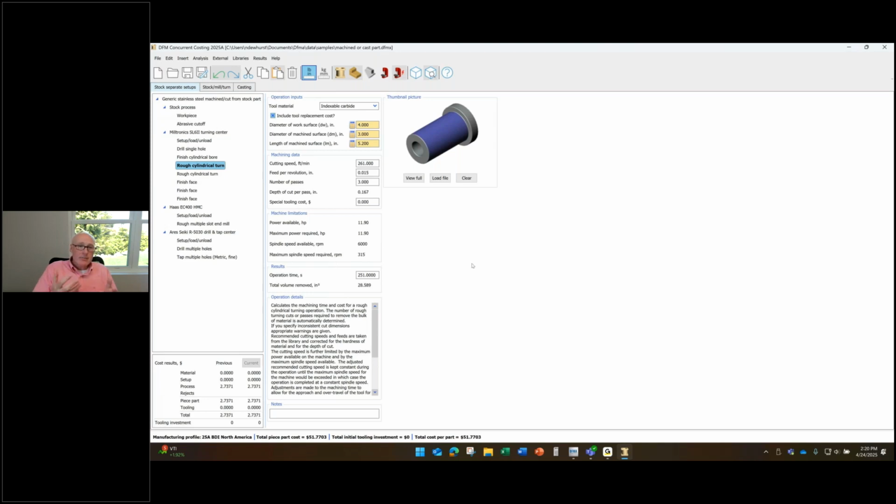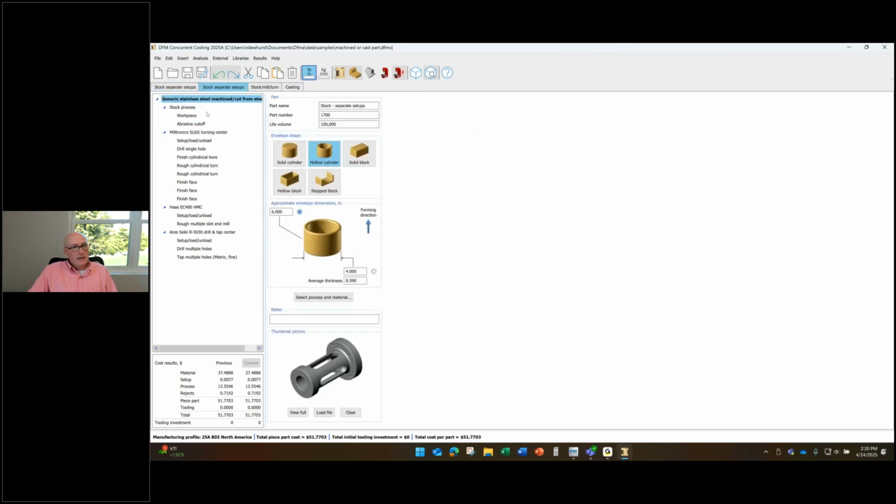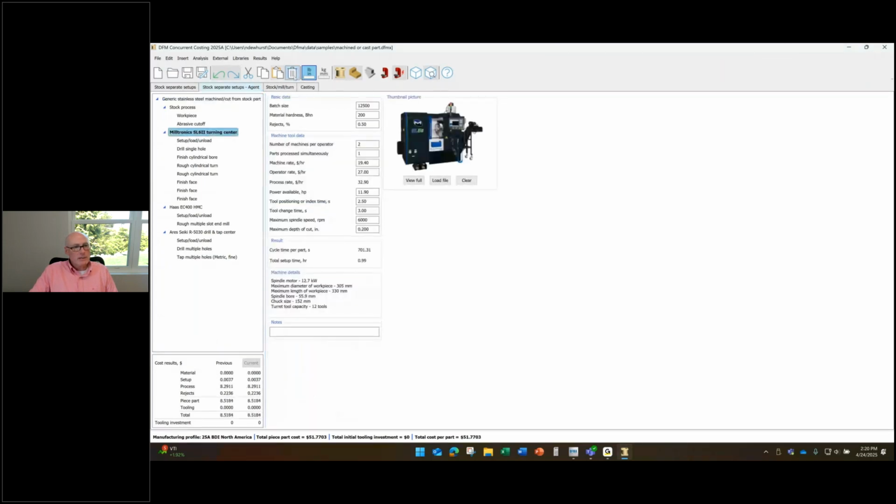Now, the dynamic cost agent can be very helpful when it comes to machining. And so what I'm going to do here is copy this machining analysis and paste it. And I'll append the name of this with agent so we can see it's different. And then I'm going to delete each of these machine tool setups and their